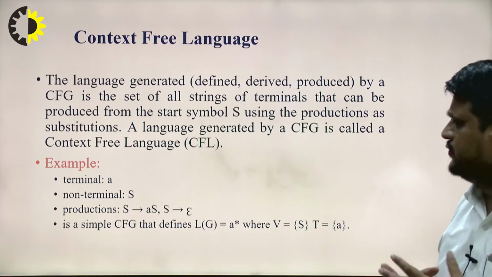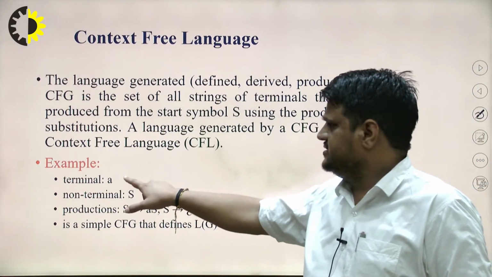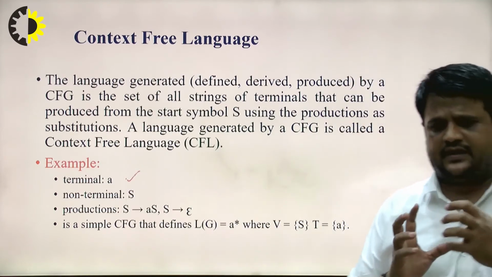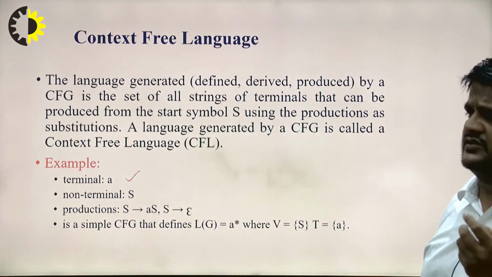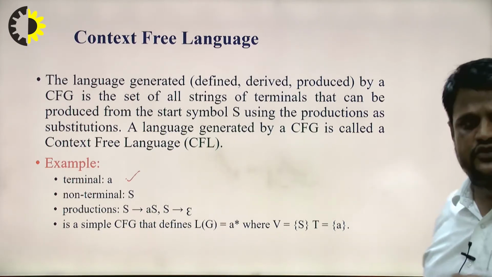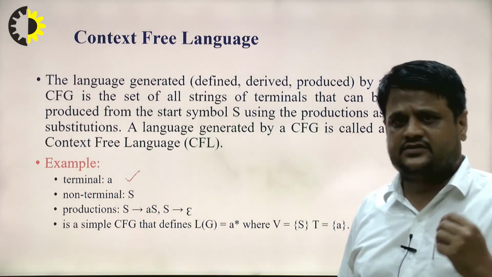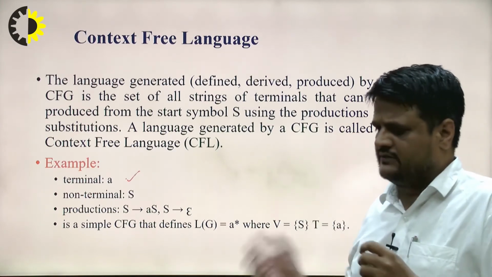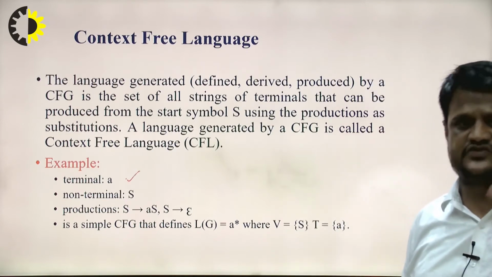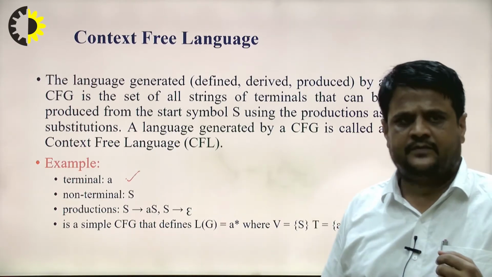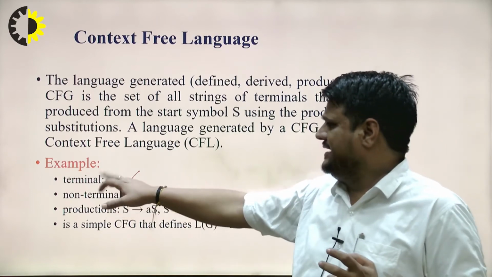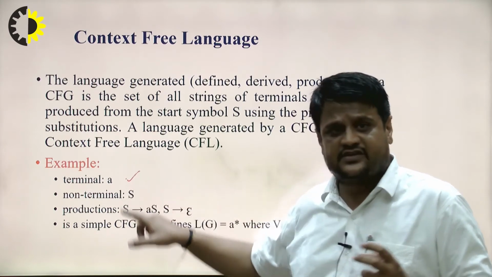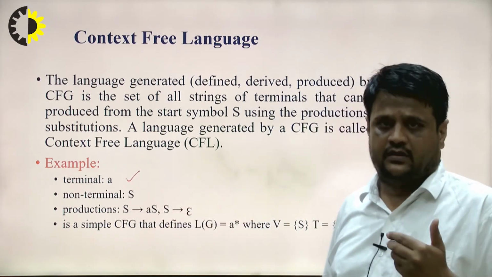For example, you can see this is a terminal a. Basically, all the lowercase letters represent terminals in automata theory. All the uppercase letters represent the variables. The lowercase letters at the end of the alphabet, w, x, y, z, represent strings in automata theory. So suppose I take a terminal a. S is a starting symbol, and the starting symbol will also be a non-terminal, right?